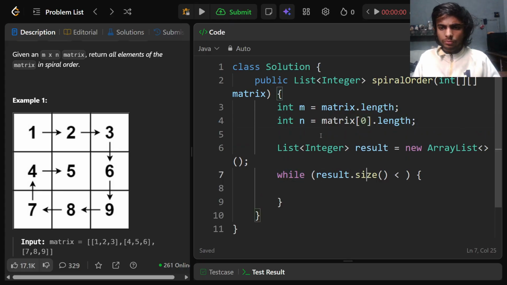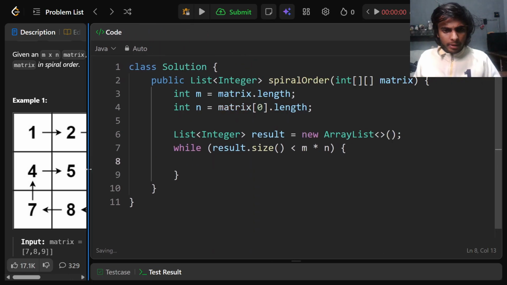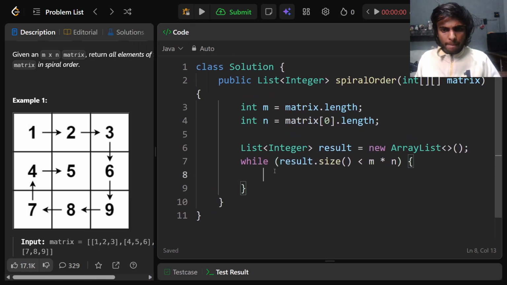So as long as size is smaller than total elements in my matrix, I want to